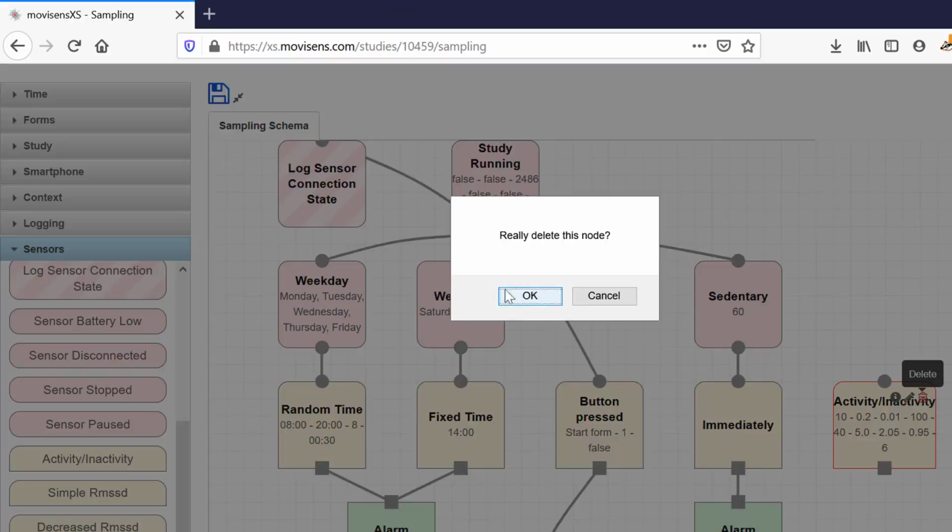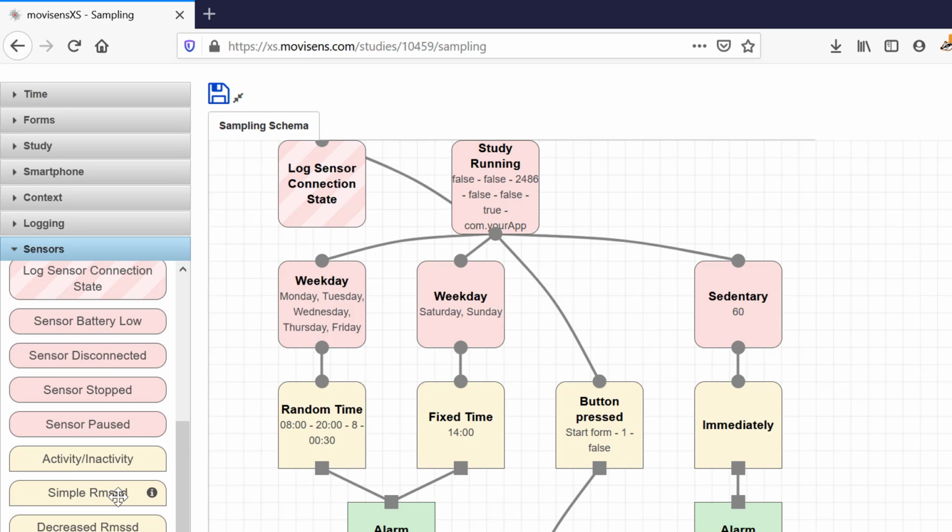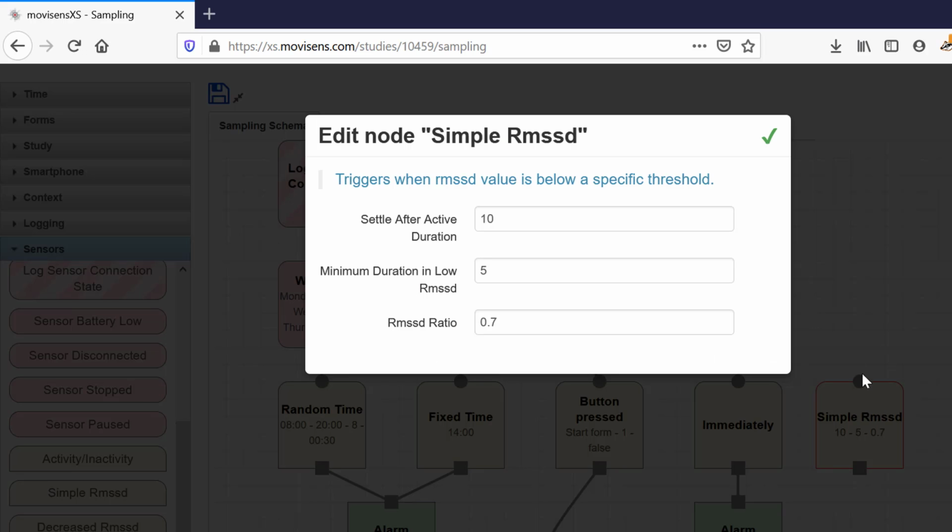Now, the simple RMSD algorithm is sort of a living nightmare for us, because it's really a very, very blunt tool that we recommend not using, basically. But it was designed for someone in particular and utilized in their study, and in the interest of providing researchers the capability to do any sort of replication that they want, it's still in here. It's still a part of the library, but we do not recommend using it.